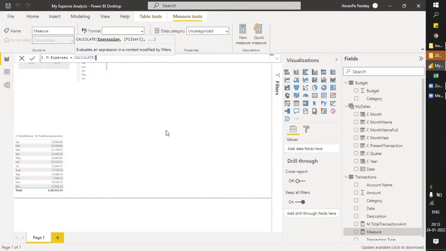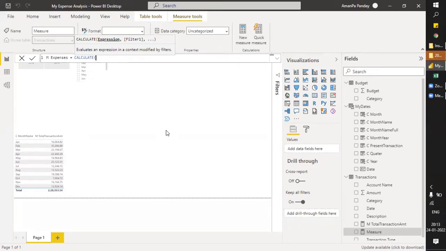In the CALCULATE function, the first parameter is any aggregate function or any calculation which you want to do. That is the expression. You can also add a DAX measure already created.